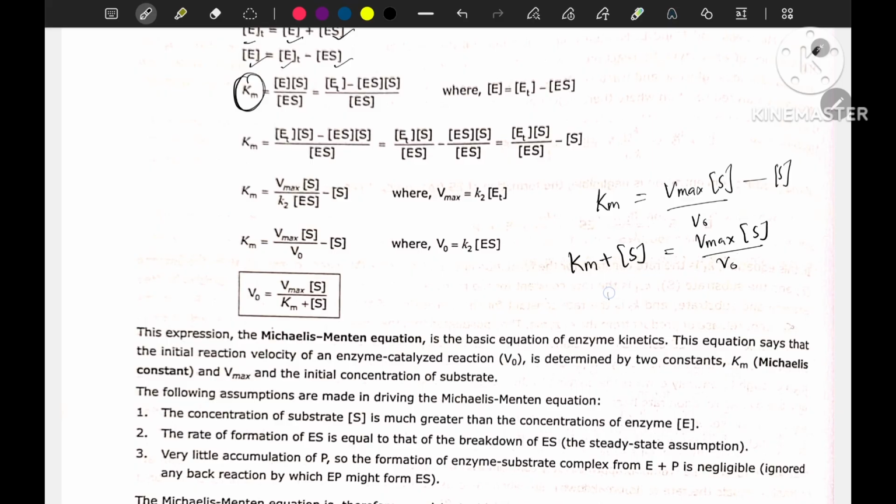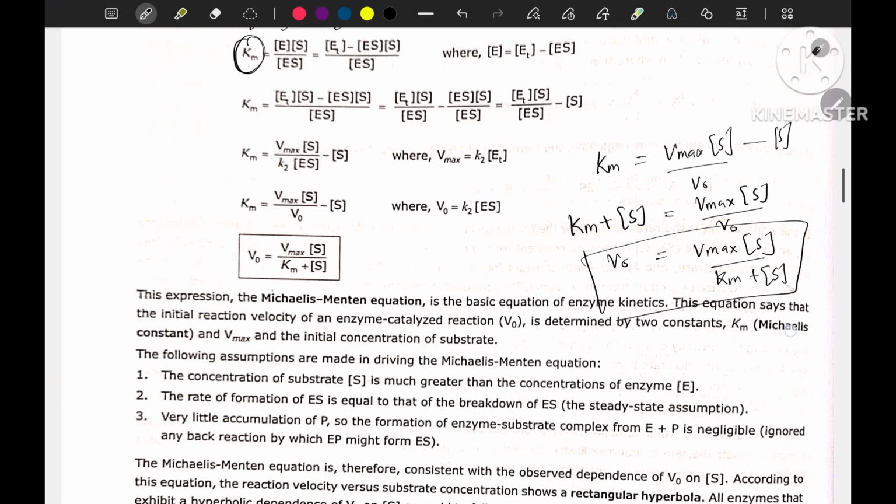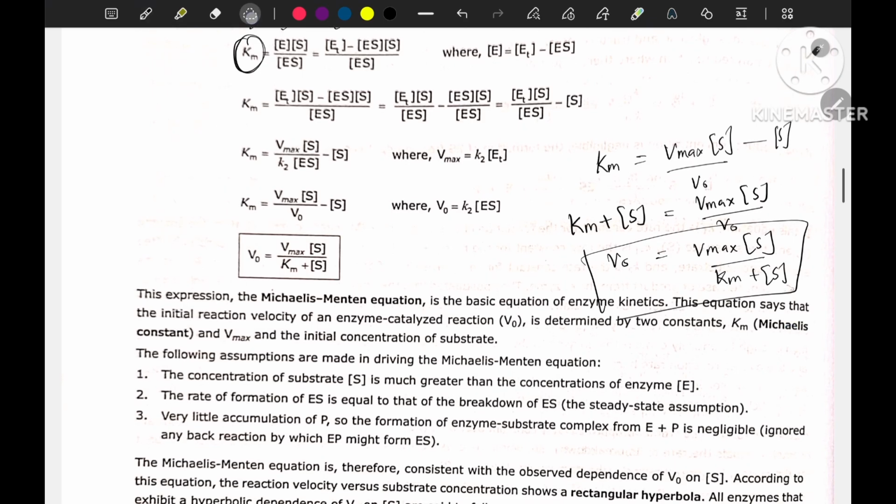So V naught will come here. V naught is equal to V max substrate upon Km plus substrate. Easy peasy lemon squeezy. So after the whole thing, we are getting this